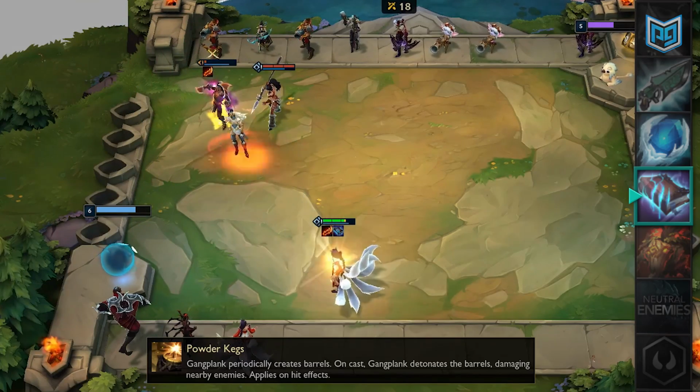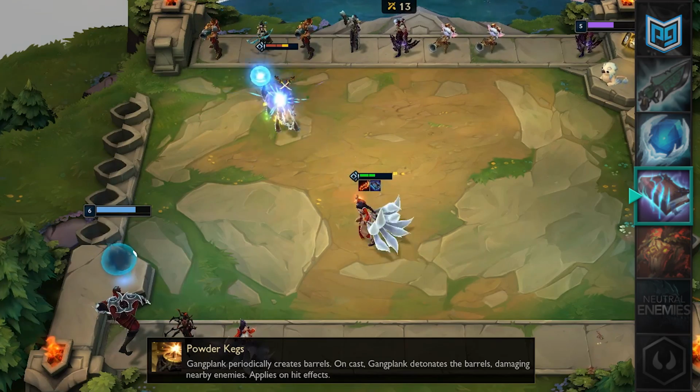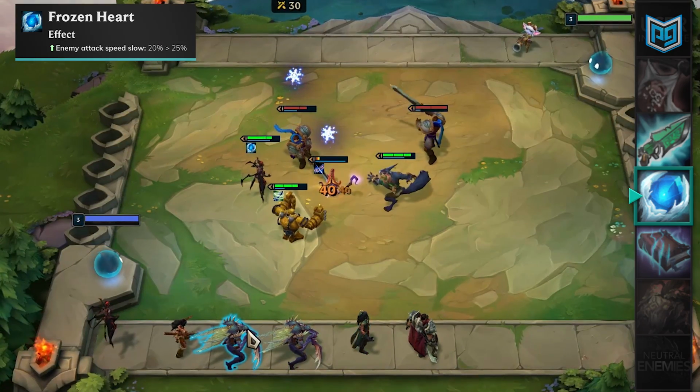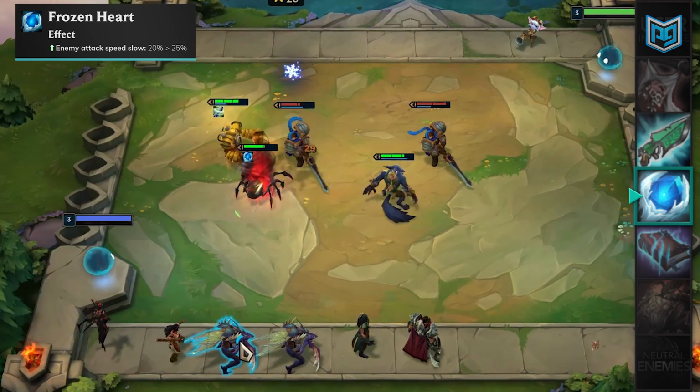This is a huge buff compared to what we have on the current patch, and you can expect more item flexibility on patch 9.14. Frozen Heart has been buffed slightly and will now slow for 5% more than before. This is a pretty minor change, but it might just bring this item on par with the more powerful ones